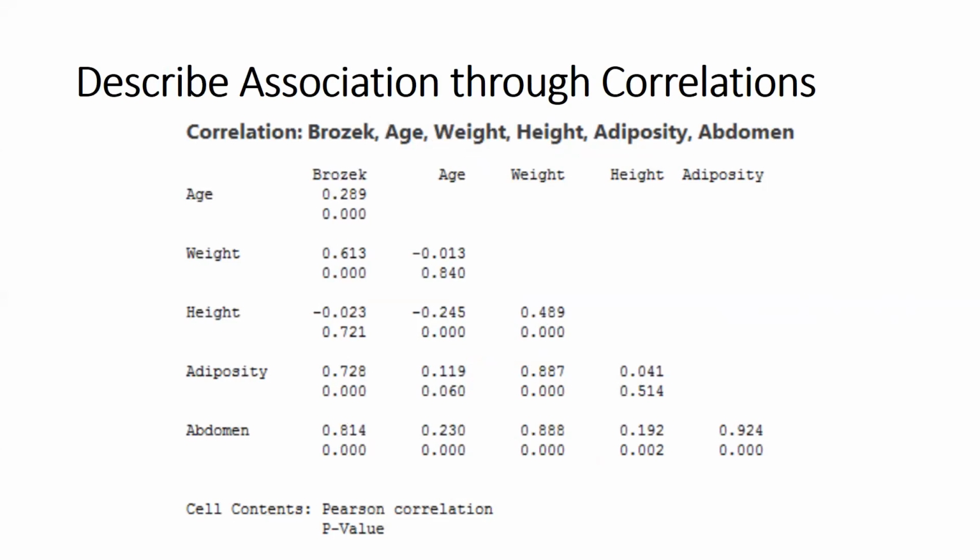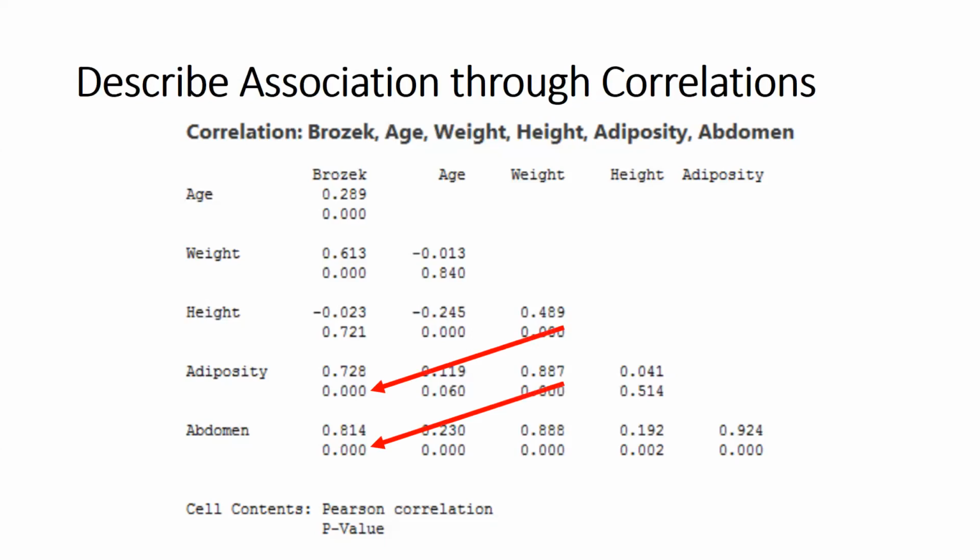So I see a matrix of correlations here. I'm drawn to the first column on the left-hand side that has correlations with Brozek, which is the body fat percentage. The Brozek body fat percentage is really obtained by putting the people into water and figuring out what their actual values are. And now we are just building a model for that to use on other people, presumably, in which we wouldn't have to dunk them in the tank. This is Minitab output. It has the estimated correlation on the top row of each little cell, and then a p-value for testing that correlation against 0 on the second row of the cell.